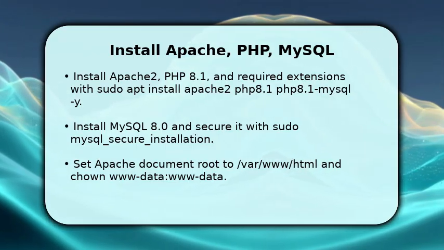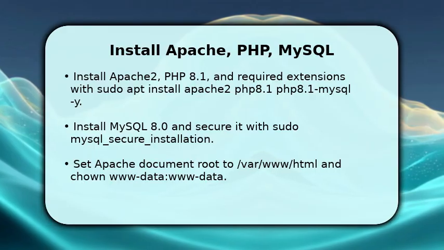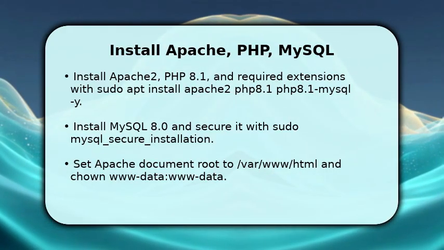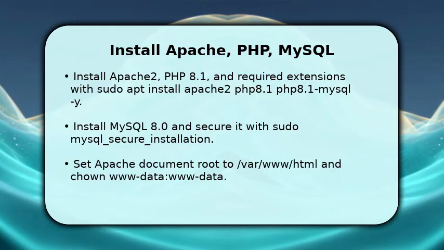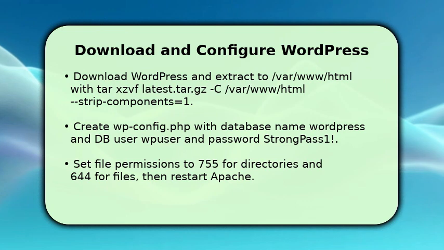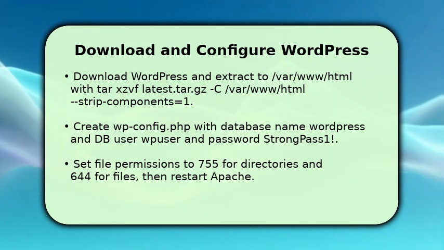Set Apache document root to /var/www/html and chown www-data:www-data. Fetch WordPress from wordpress.org and extract it into the web root: wget https://wordpress.org/latest.tar.gz